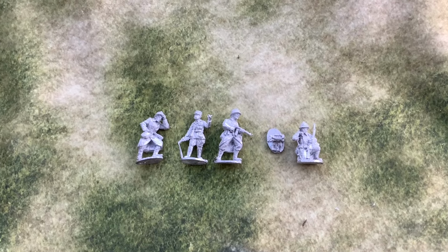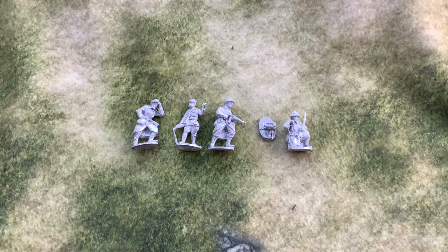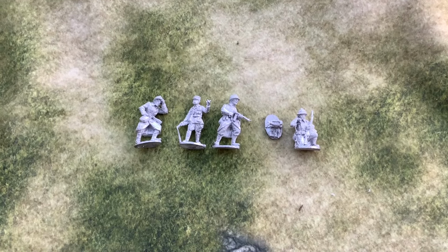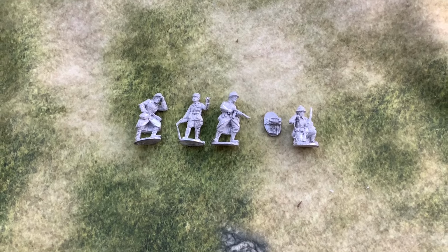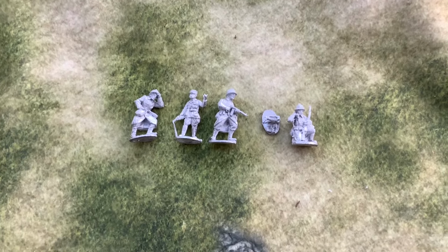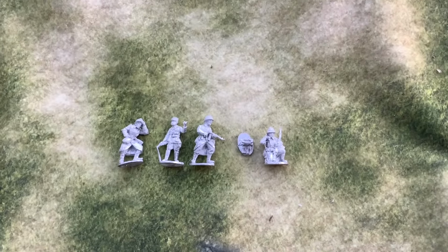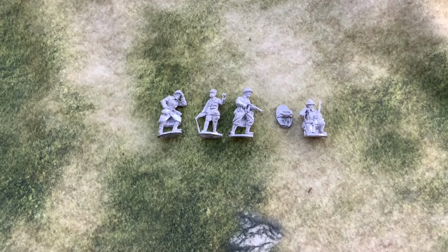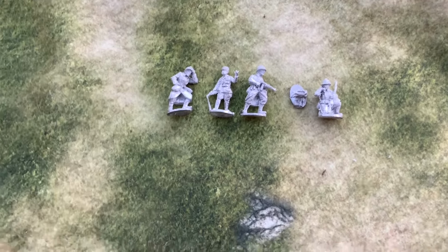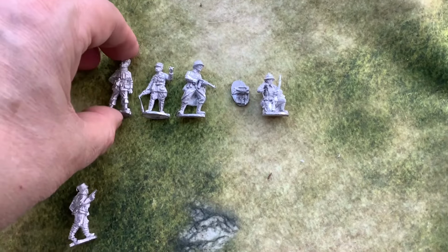Here's the command for the French. These are the metal Warlord ones. I'm not planning to go through all the figures and do a review on them. The metal figures are pretty good, as they always are from Warlord. But I thought it might be interesting to look at the comparison. Oops, sorry about that. Just trying to locate the other ones. Comparison in size between the Warlord and the Artisan. So these are the Warlord, and if we put in here the Artisan,